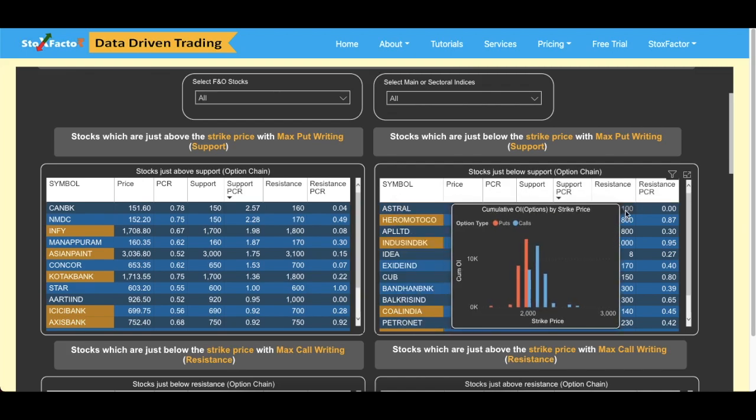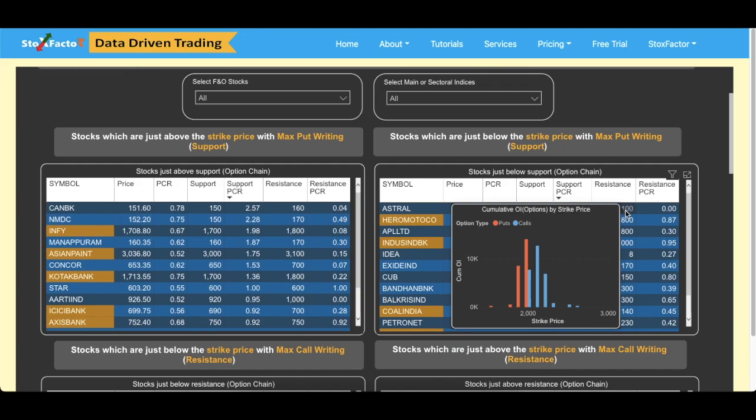So now you can see if you hover over the option chain, at 2000 there is call writing also apart from put writing. So now we have to monitor this and we have to see if the stock bounces a little from this support level and more put writing is being done. So this will give us the confidence that this support level is good, and then we'll monitor and take the positions accordingly.